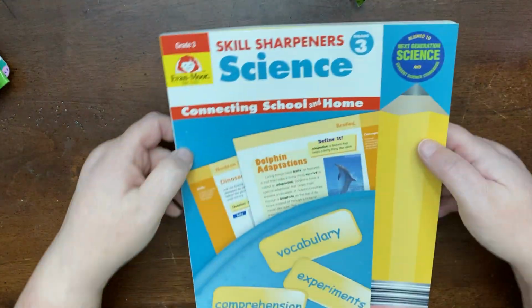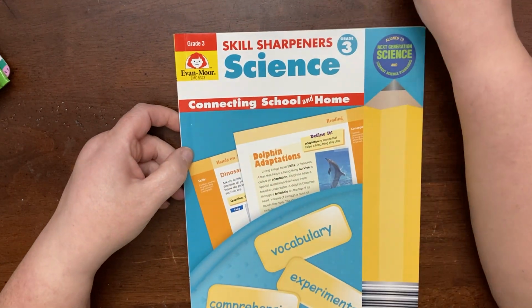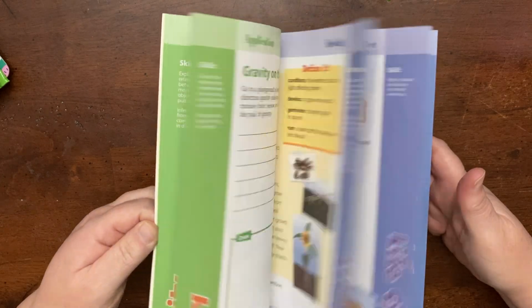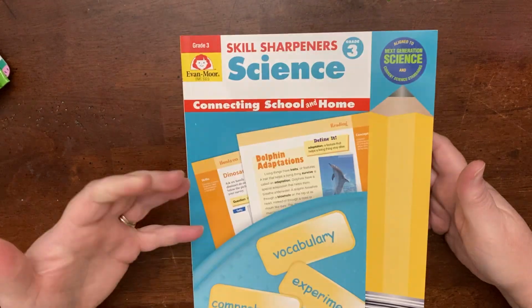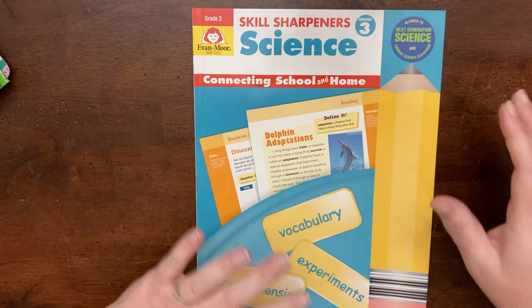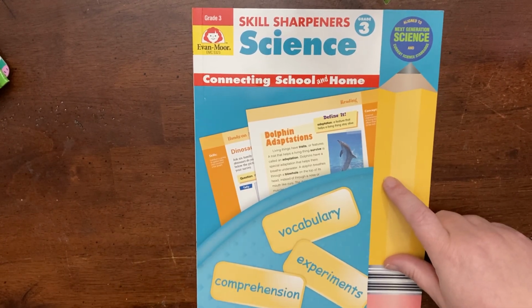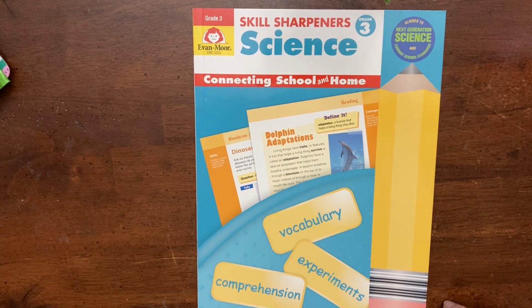And I think, oh, no, there's one more thing. So where did I put that? I had also gotten him this Skill Sharpeners science book to do, and he hasn't done any of it. I realized it was kind of overkill with all of the other science that we have, and so I was going to get rid of it, but I decided